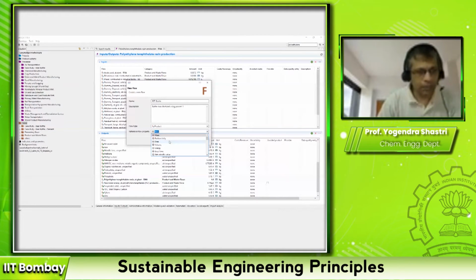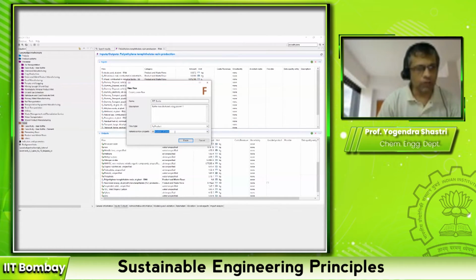And there are other options, area, volume, and so on. Here, since we are talking about bottles, we have to measure it in terms of number of items. We are measuring bottles as 1, 2, 3. That's why we select number of items.